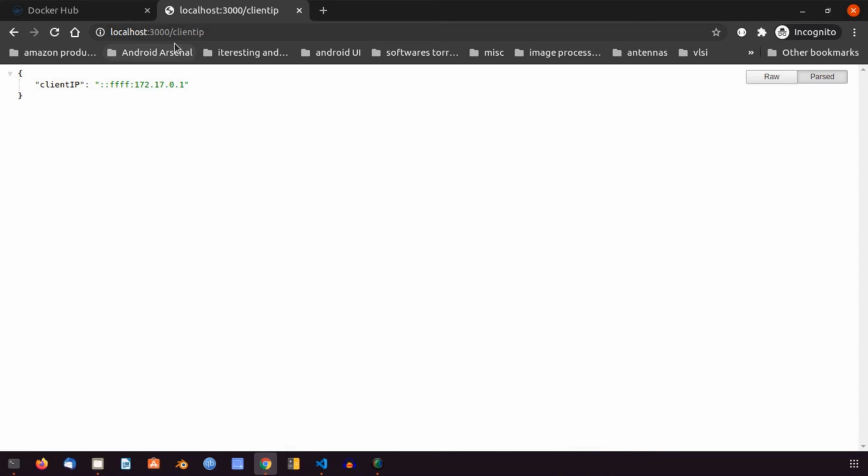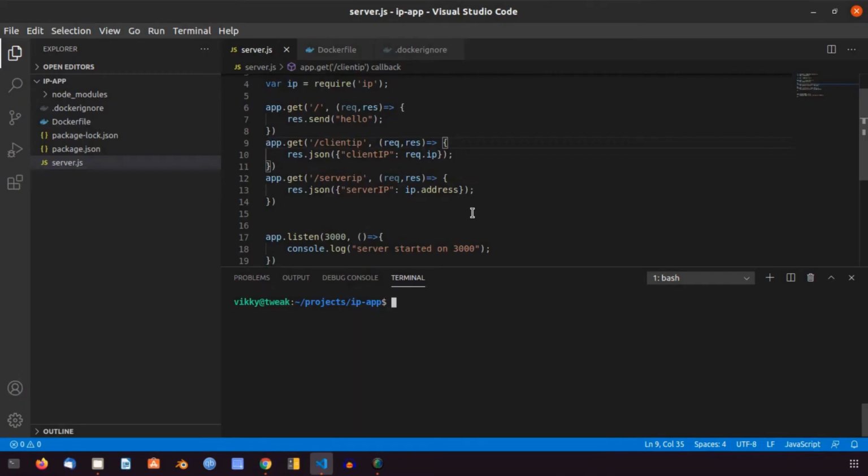Now let's try to hit the server IP. Okay, so this shouldn't be the case, and I have made some small changes in our code which you might not have seen because I have removed those clips. So let's go to our code and debug it. By mistake I've removed the function parentheses. It's not a property, it is a method, so we need to add it again. And now let's build the Docker image once again, but this time I'll just give the tag name as 1.2.